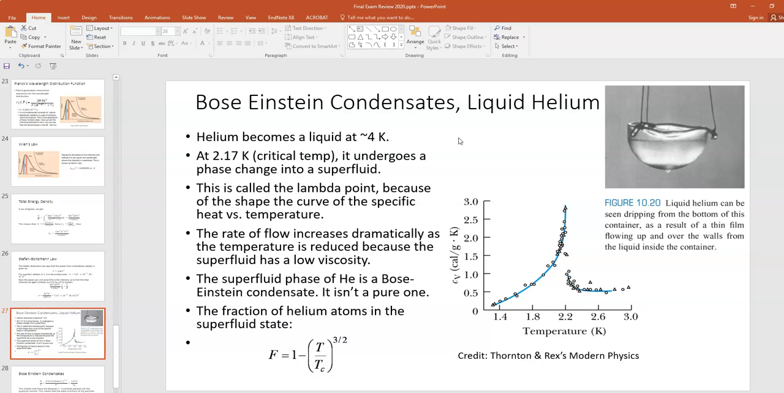Now this happens to liquid helium. It was the first Bose-Einstein condensate found. Helium actually liquefies at around 4 Kelvin, but then it undergoes a phase transition at the critical temperature for helium, which is 2.17 Kelvin, and it changes into a superfluid, which is a consequence of it being a